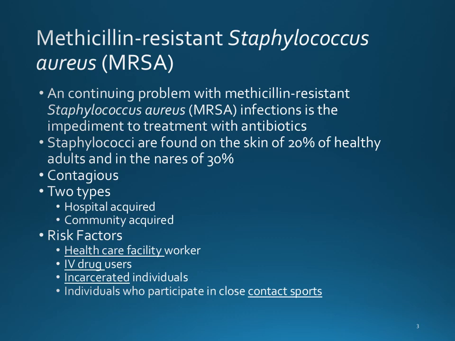IV drug users, obviously with the sharing of needles. If you've got someone who has a MRSA infection, they use that needle, they share it with someone, that can be passed on. We already talked about community acquired with incarcerated individuals, not only them, but people who are in close contact living quarters. From an athletic standpoint, those who are in contact and collision sports, which means they are contacting other athletic people or other athletes on a regular basis during practice.